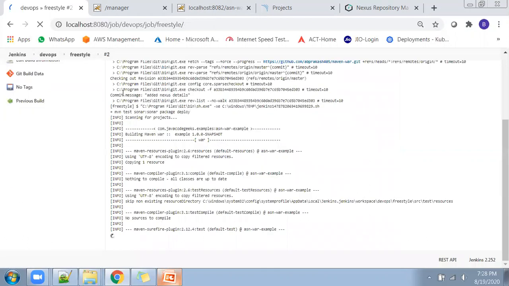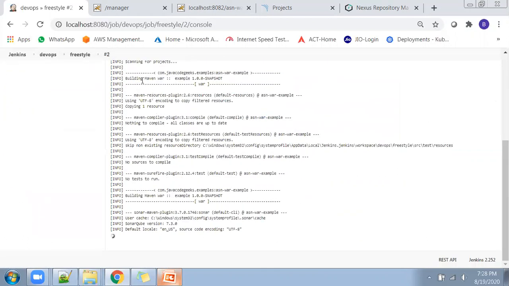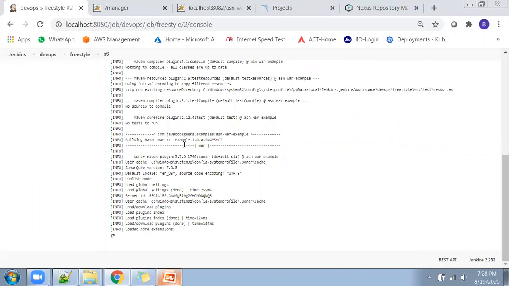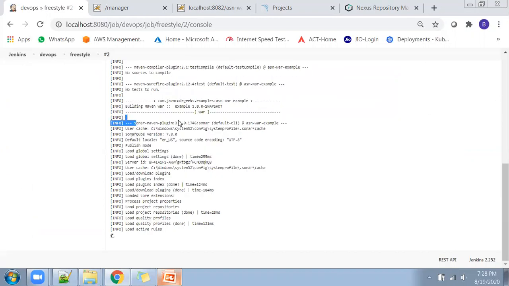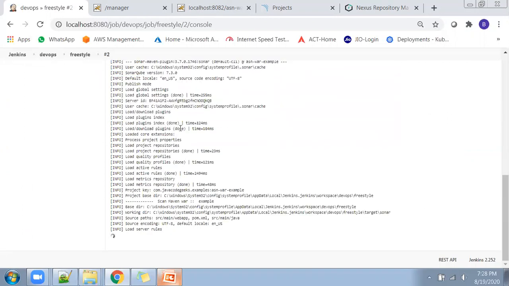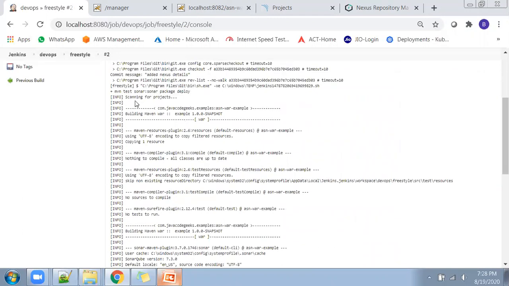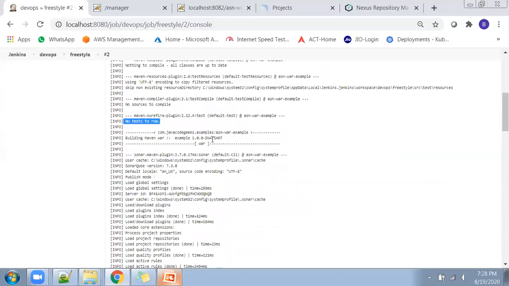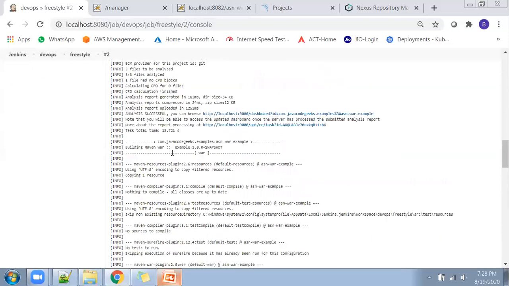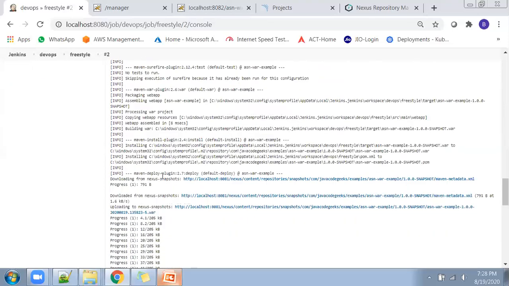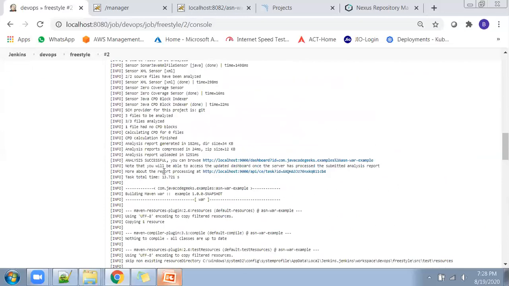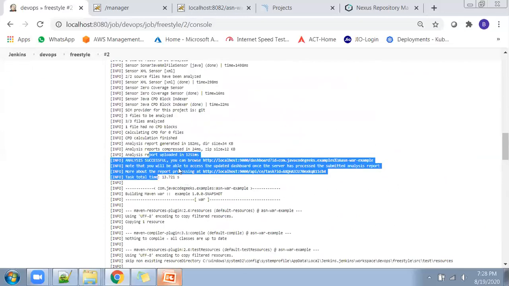Yeah. If you see, the first section cloning is done. The second one, building is happening, and third one, SonarQube analysis is also happening. I think in the previous section, test also might be happening, or sometimes it also skips because if there is nothing to test, it will skip. Yeah, no test to run. That is fine. And this is a SonarQube analysis running. I think SonarQube analysis is over. Yeah, analysis is done. It has uploaded to SonarQube.